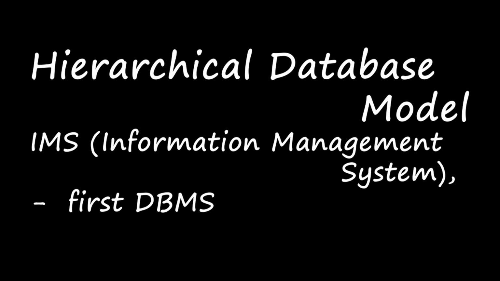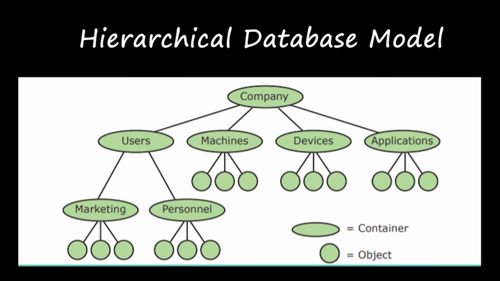Okay, next one is the DBMS database model. Here we have the hierarchical database model, network database model, relational model, and object-oriented database model. Okay, let's see them in detail. First one is the hierarchical database model. The famous hierarchical database model was the Information Management System, that is IMS. In this model, each record has information in a parent-child relationship, like a tree structure.